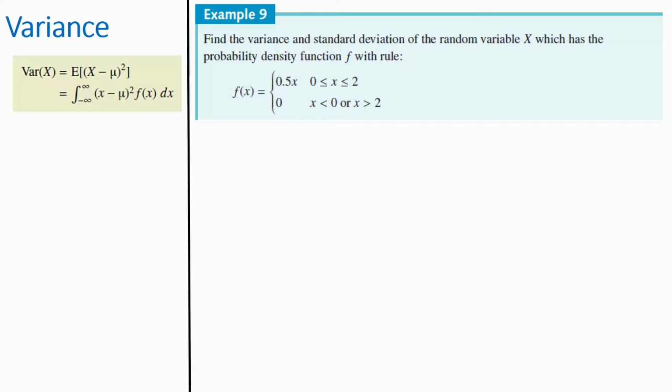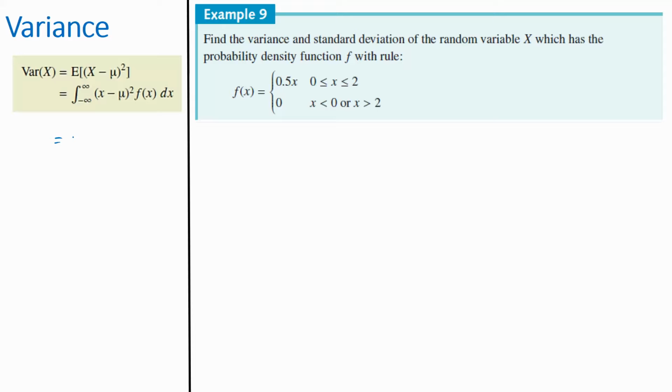What I want you to see here is this is the formula to find out the variance. What's the difference between this and the expected value? The only difference is instead of E of x, which was x times the probability, now it's x minus mu squared times the probability. Even the computational formula, I think it was Frankie that gave it to me before.